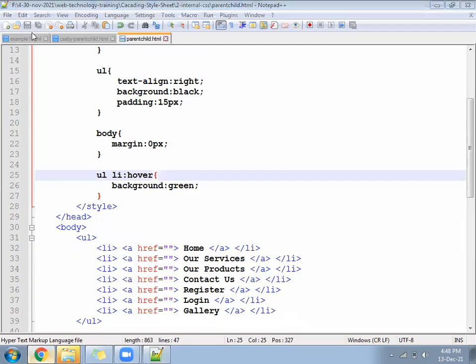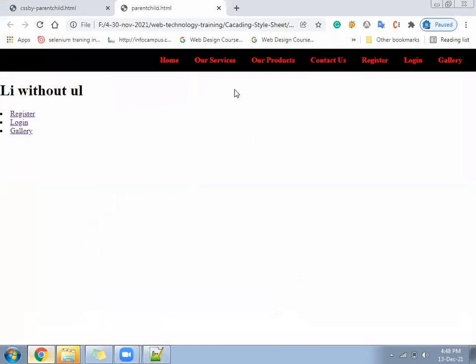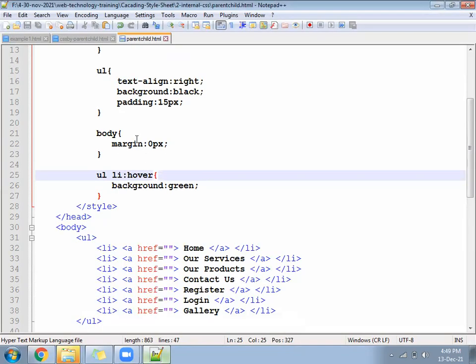So we'll go here and we will do like this. When mouse will go here, you can see color is changing to which one? Green, right? Background is converting into green. Okay, for UL tag, keep the padding 1 pixel less than LI. For UL, keep padding 14 pixel only. For LI you have given 15, so for UL give 1 pixel less.